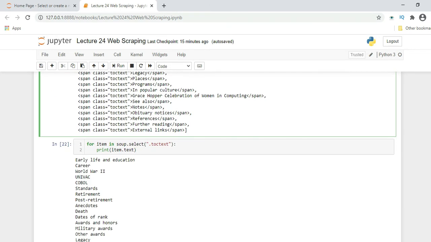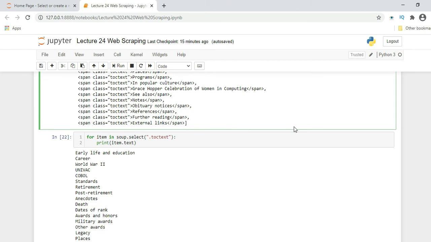Now if you want to get the exact text, we have to go through a loop. For item, which is just a dummy variable, in soup dot select, it will select all the toctext class elements and we will print it.